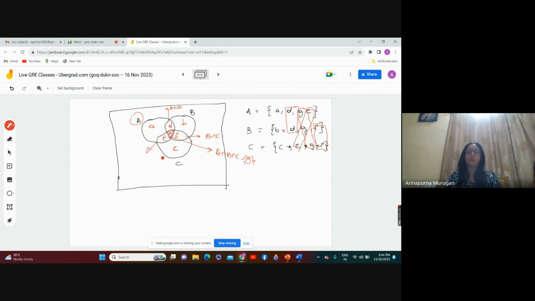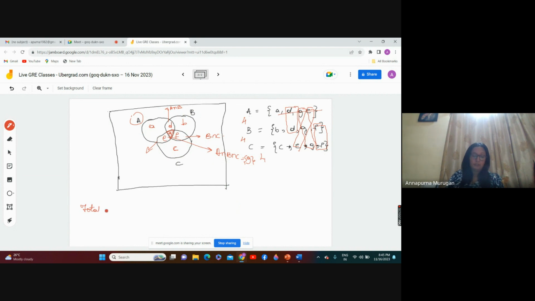On the basis of this, we have one important formula. Here we take the cardinal numbers of the sets. What are cardinal numbers? The number of elements present in that. So the cardinal number of A is 4, of B is 4, and of C is 4. Therefore, now the total number of elements together